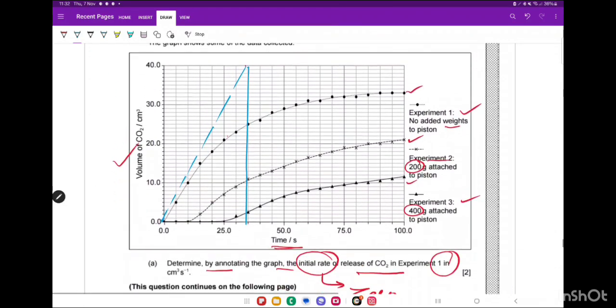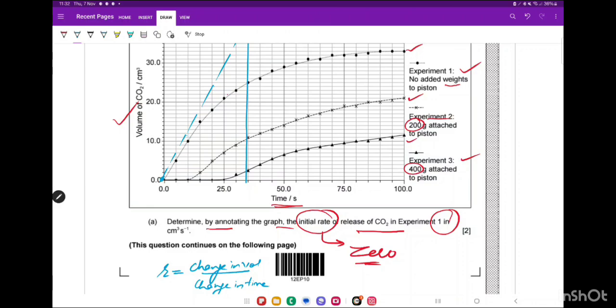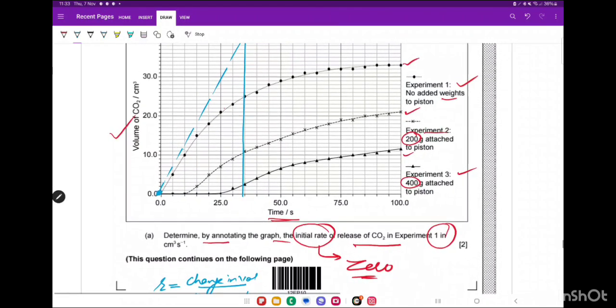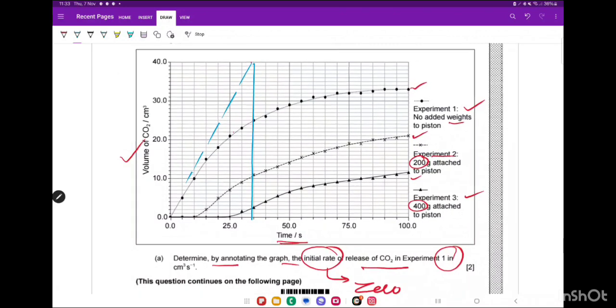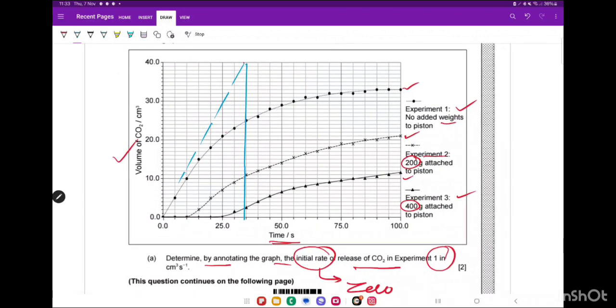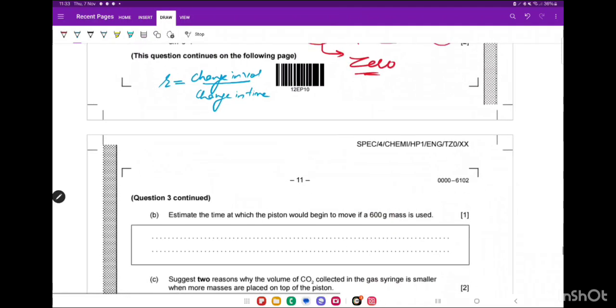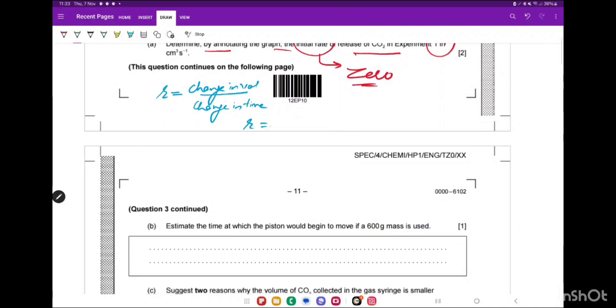Now the change in volume is from 0 to 40. If a tangent is drawn from the 0,0 point, it goes from 0 to 40 approximately. So the change in volume of CO2 is around 40. Okay. Now the change in volume is 40. Therefore, initial rate R equals 40 upon